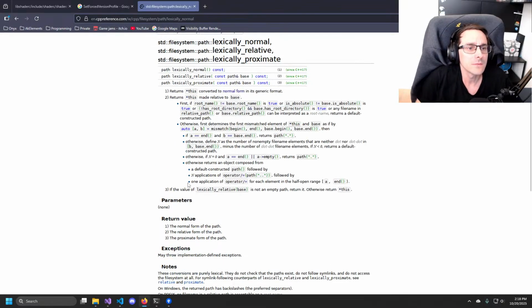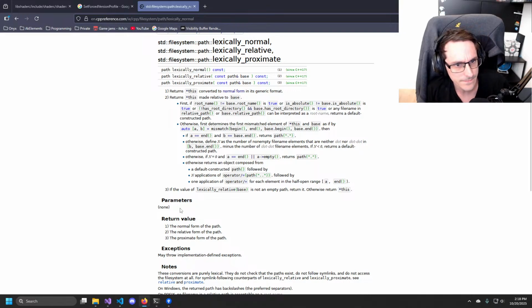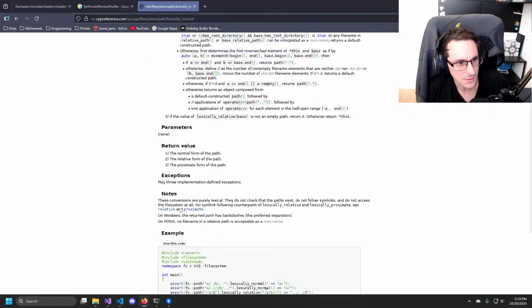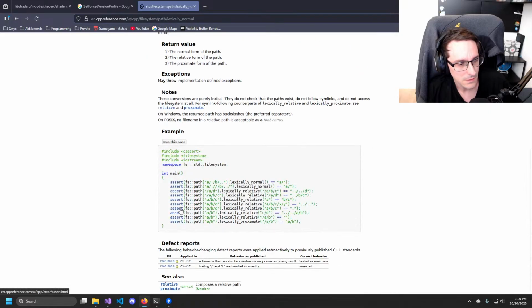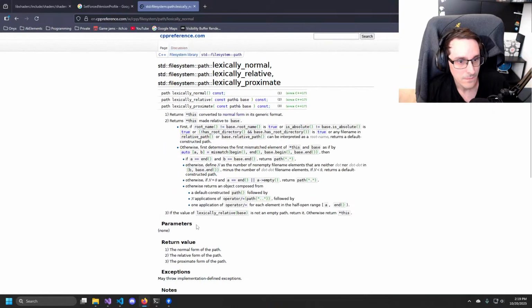Returns this made relative to base. And then third, if